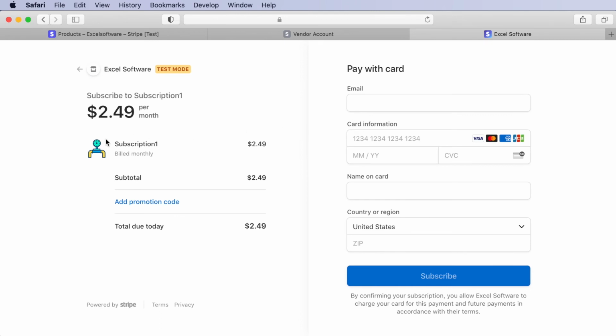screen where they can enter a promotional code if they want to, or if you had that option set to no, there would be no place to enter a promotional code. So let's go ahead and enter the information for our email address, our credit card,